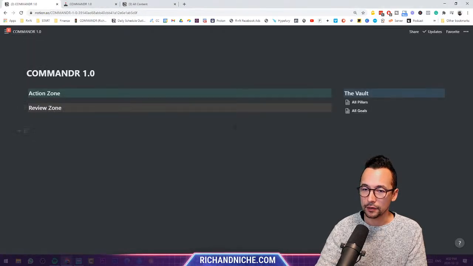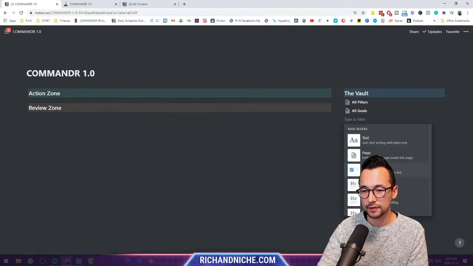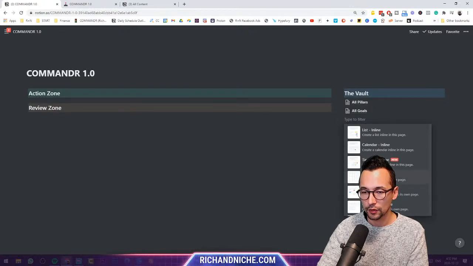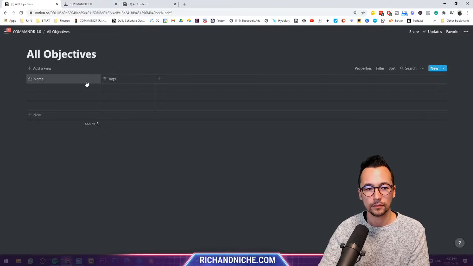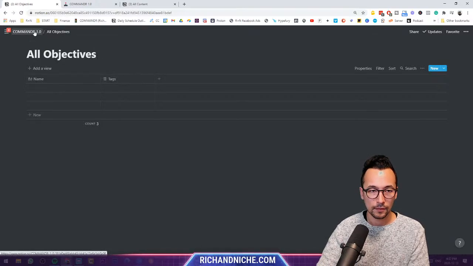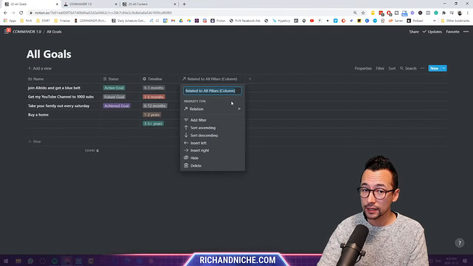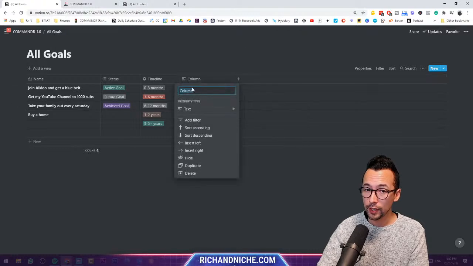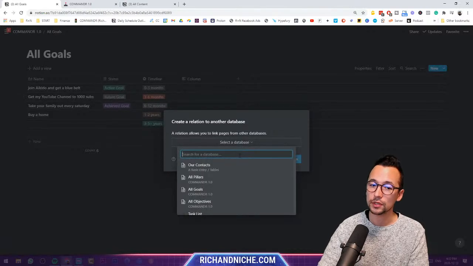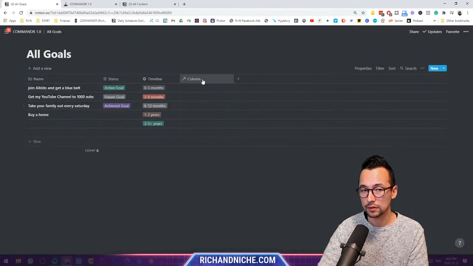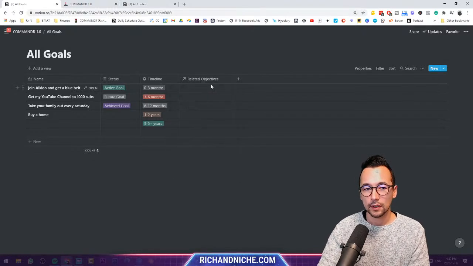Coming back into the Commander area, as we continue to build this out, the next thing is the objectives. Another full page table, all objectives. We could come back to goals now, and let's hide the pillars, but let's create a relation from the goals to the objectives. Interesting. All objectives. Related objectives. So now